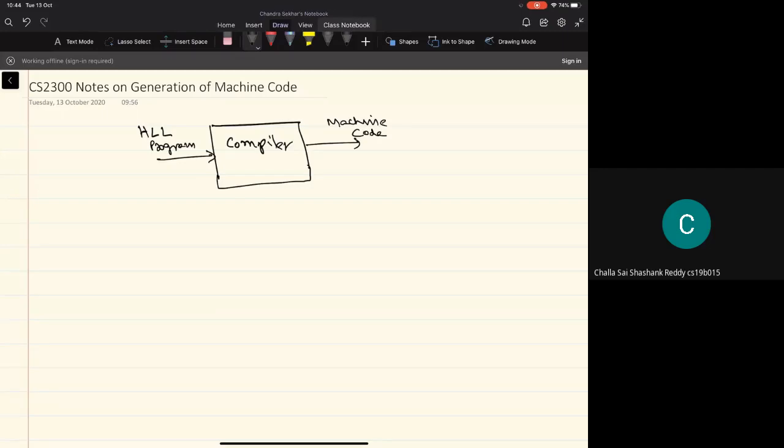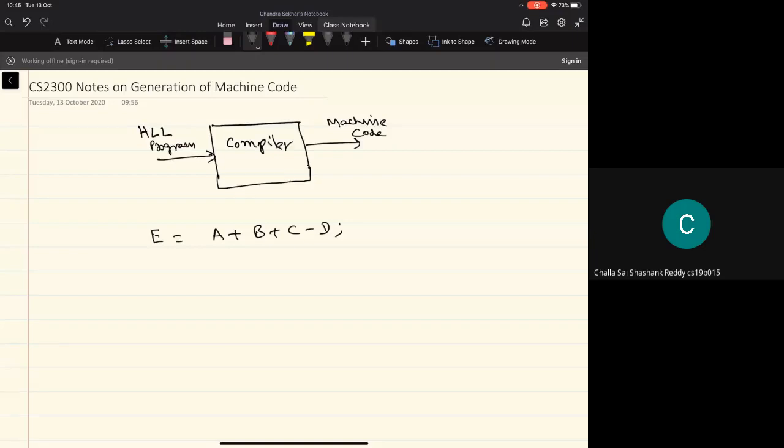So let's look at a very simple arithmetic statement in a high level language, where we have some variables A, B, C, and D. Then I want to perform arithmetic operations on the values of these variables and then store the result into the variable E. So this is basically an assignment statement, where the right hand side of the assignment statement is an arithmetic expression, and we want to perform addition and subtraction operations.